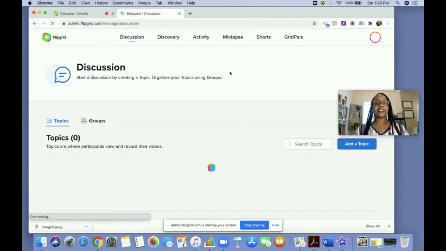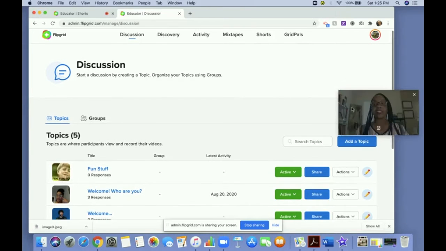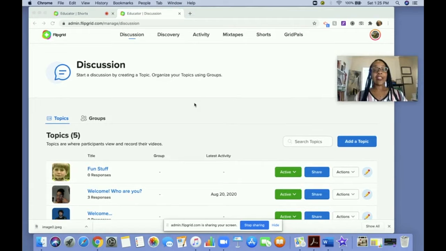When logging into the existing account, it takes you to the dashboard. And the dashboard houses the discussion, discovery, activity, mixtape, shorts, and Grid Pals. And I'll explain those in just a moment. So discussion is an awesome way to actually create a topic that you can share with others in anticipation that they will give you a video response. It's relatively simple. You'll notice that to the far right, this Add a Topic button is what you can select